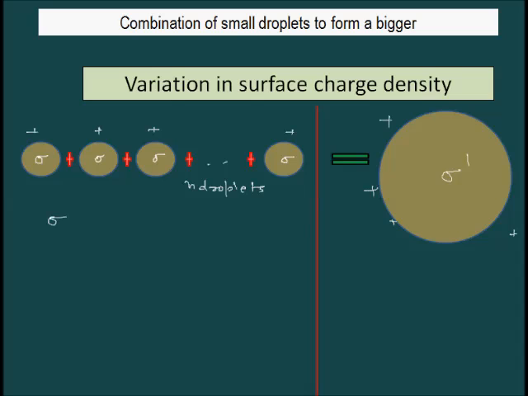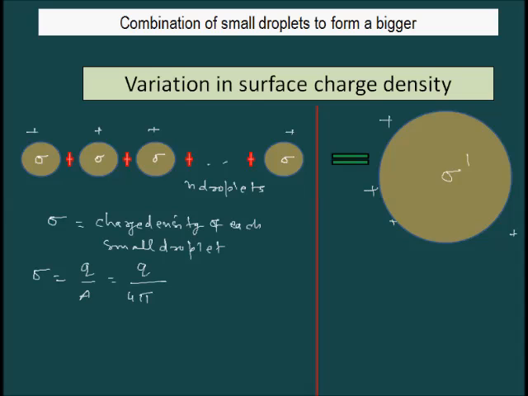We know that as per definition, the charge density of each small droplet sigma is Q by A, or can be written as Q by 4 pi r square, where A is the area 4 pi r square, and the charge density of the bigger drop